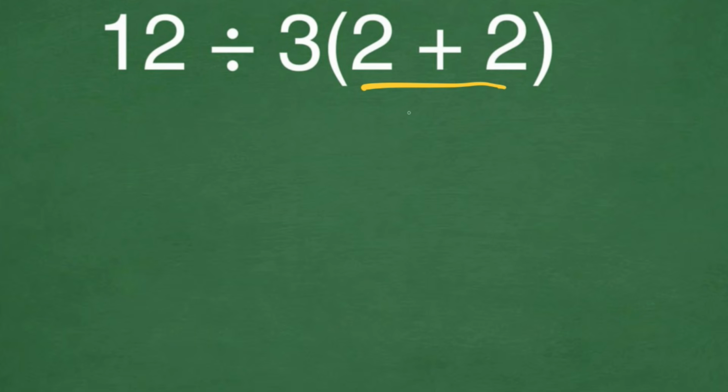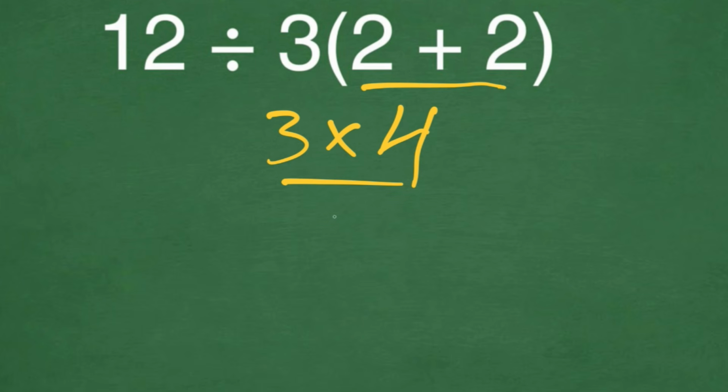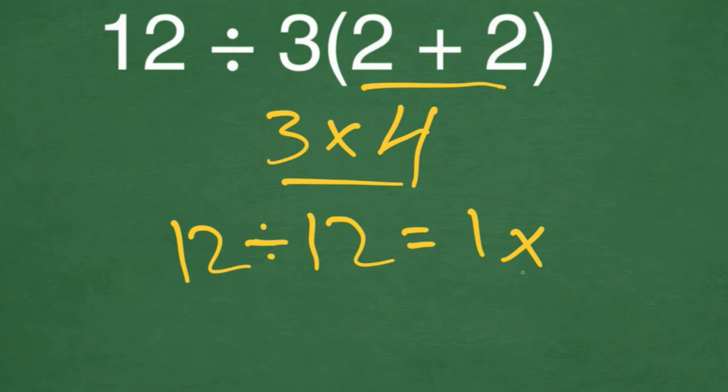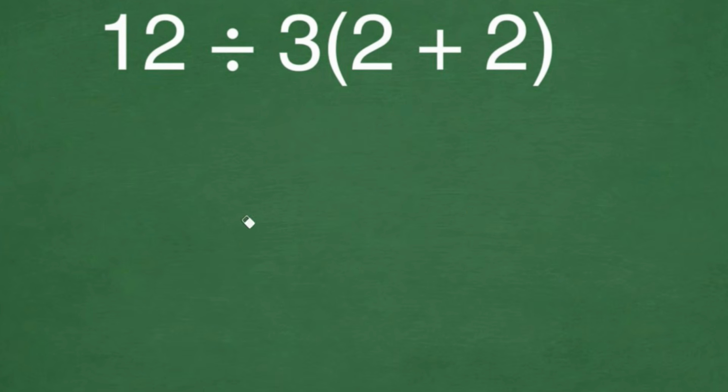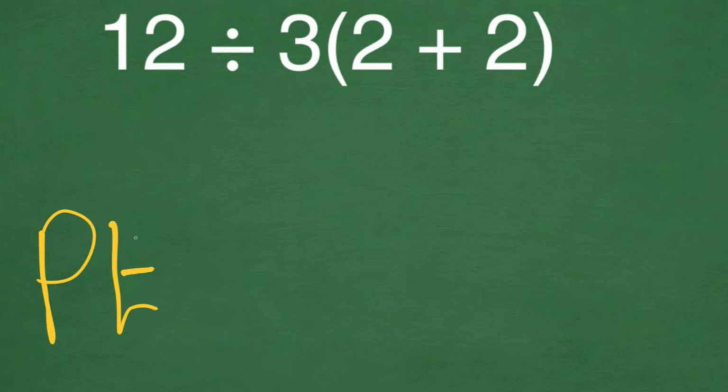2 plus 2 gives us 4, and 3 times 4 is equal to 12, and 12 divided by 12 is equal to just 1. But this answer is not correct because according to the order of operation, PEMDAS, which I will write here,